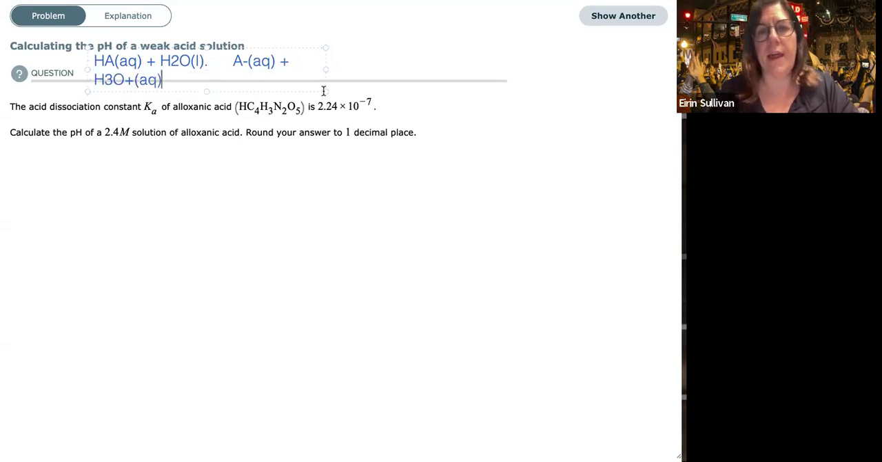And we can base our Ka expression for literally any weak acid ionization on this generic form. So Ka is going to be of the form: the concentration of the conjugate base times the concentration of hydronium at equilibrium, divided by the concentration of the weak acid. So let's go ahead and do it with this aloxanic acid,